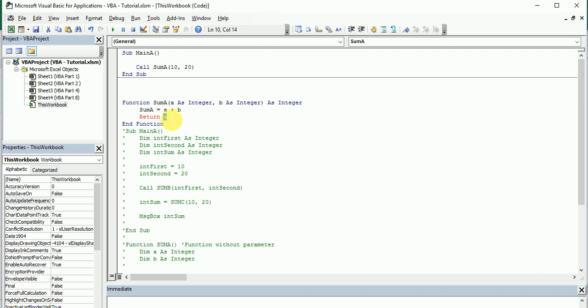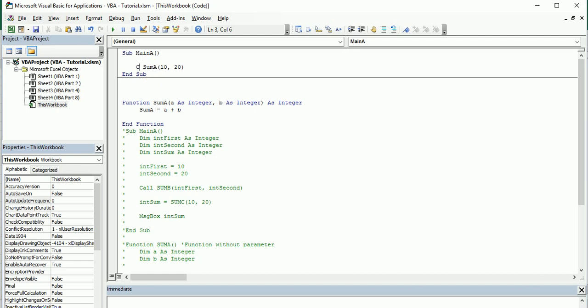Because in VBA, if a function is returning something, we need to write the function name and assign a value. So that means this function sum is returning a plus b, and here a plus b is nothing but 10 and 20. Alright,